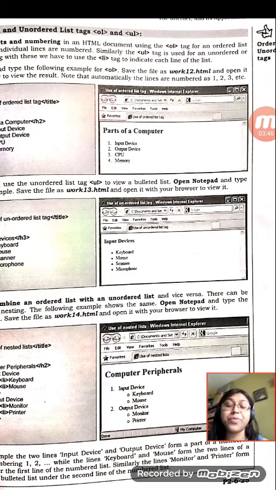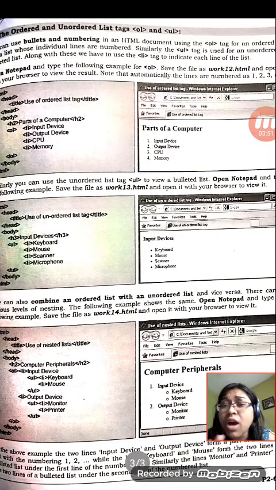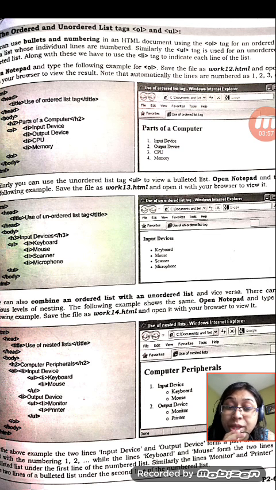Next, another important tag, that is list. If we want to print something in a list format on our web page, we can use ordered or unordered. What is the difference between ordered and unordered? An ordered list is by default numbered, like 1, 2, 3. The unordered list is when we want to put something in bullets. An ordered list always maintains a particular order, but in an unordered list, it can be anything. By default, the unordered list type is bullet.